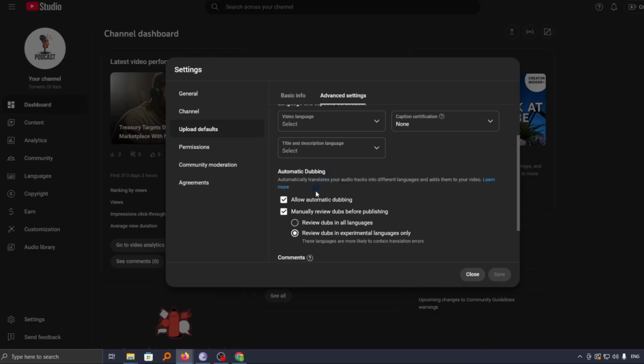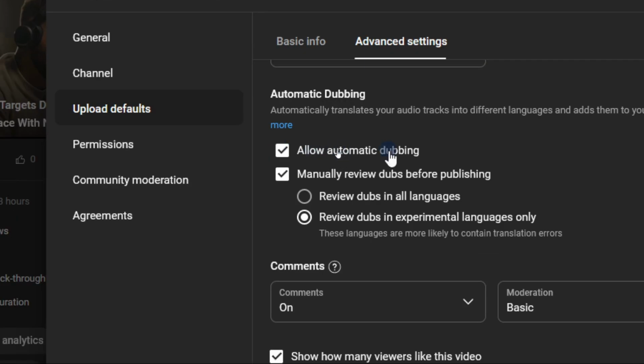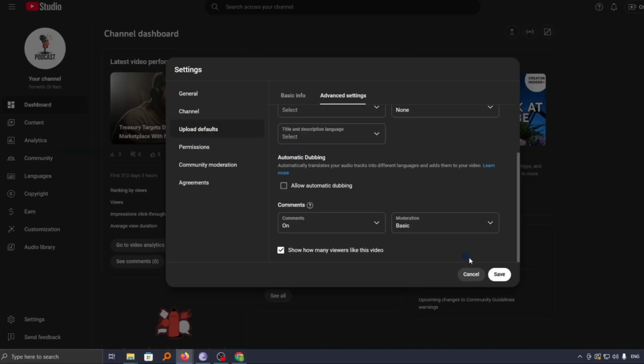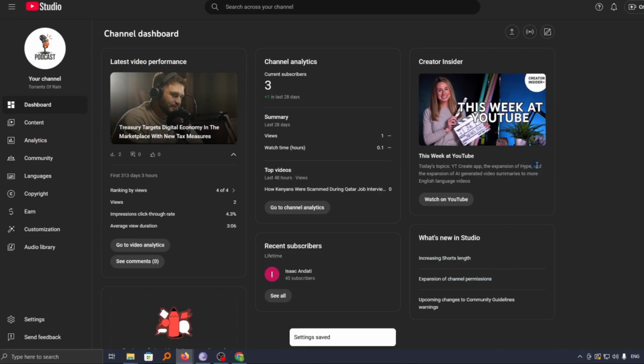As you can see, currently automatic dubbing is enabled on my YouTube channel, and I'd like to go ahead and disable this. So to disable automatic dubbing, check this first option called allow automatic dubbing. As you can see, it is currently checked. So if I uncheck it and then click on save, now automatic dubbing of audio on my videos has been